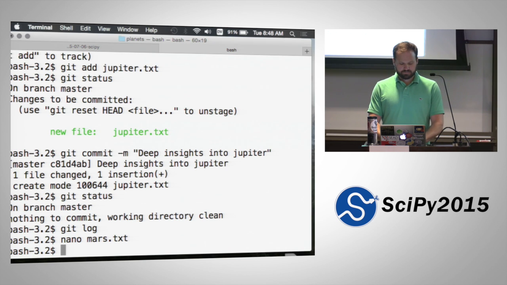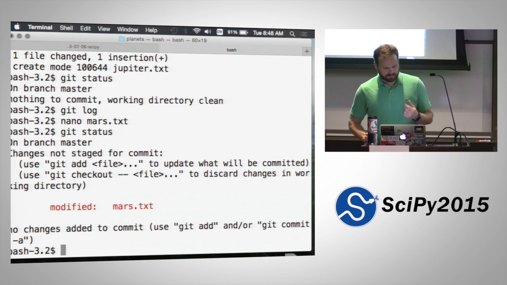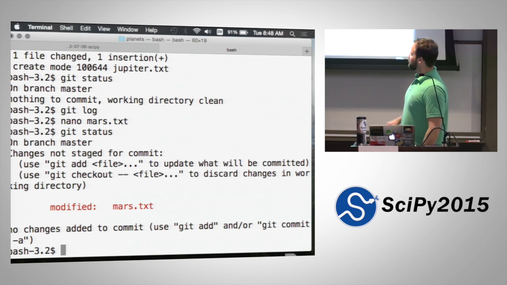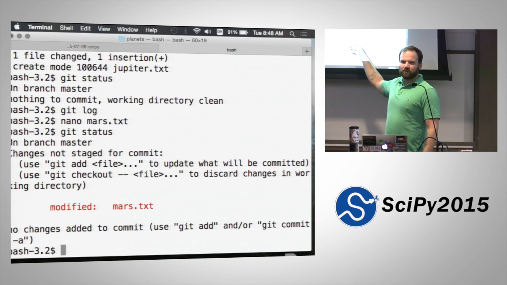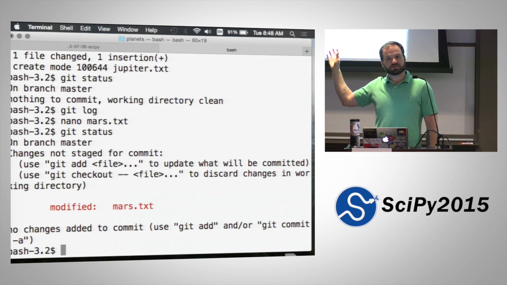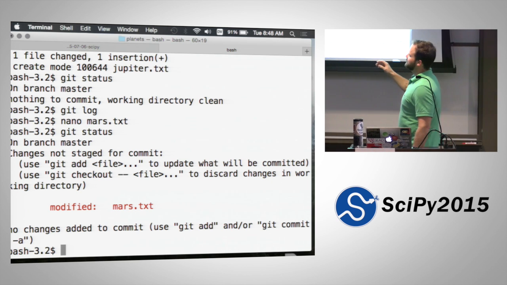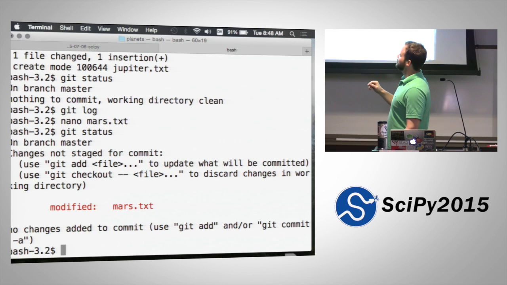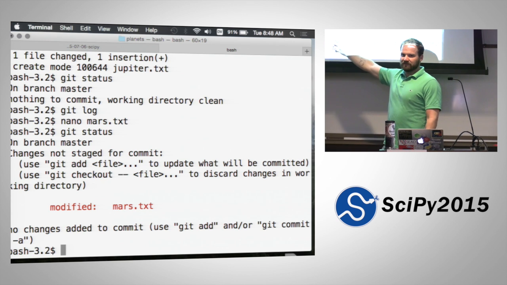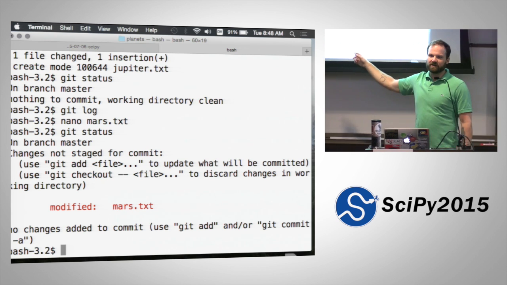I'm going to save my file and type git status. Okay, so maybe you guys have noticed this. At this point, Git is actually kind of good at guessing the things that you might want to do. And when you type git status, it's giving you some helpful hints. What it's telling us here is that we've got one file that's modified, and it's red, saying, hey, this has changed from the last time I saw it, but